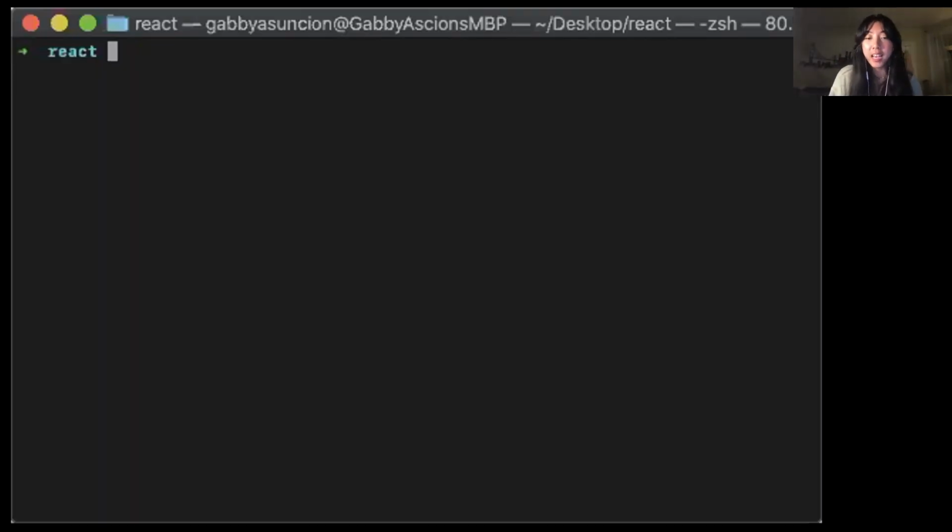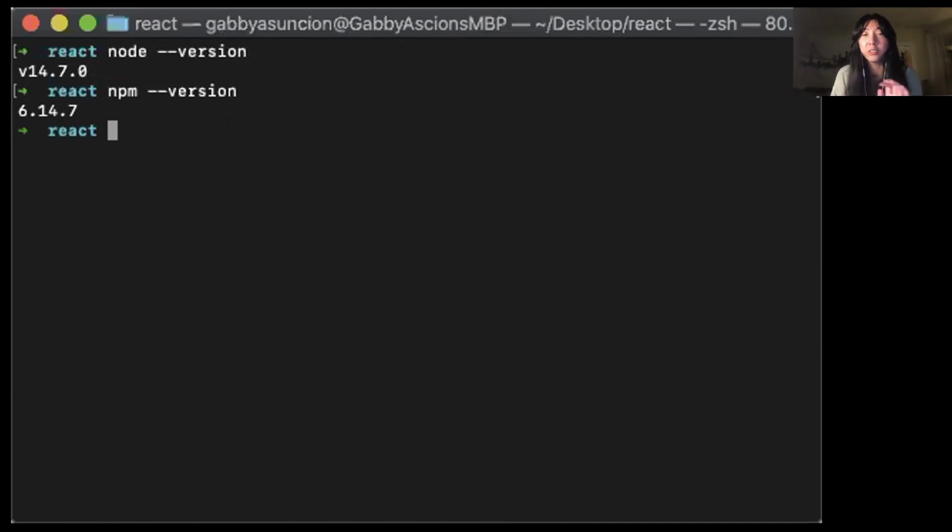Okay, so you'll need to have npm of version 5.2 or higher and Node of version 10 or higher installed in order to run this command. So to double check what that is, you can just do node --version, npm --version as well. Okay, so we're good on those fronts. If you also want to use yarn, you will need to install that ahead of time, but you can also use npm. So to easily create a React app, you can run the command npx create-react-app.